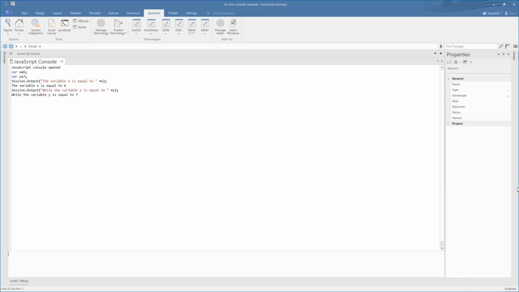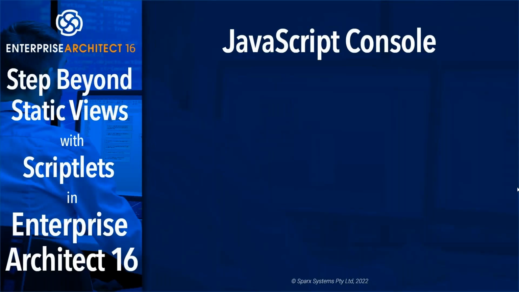So you can see we've got session.output while the variable y is equal to y, and that simply outputs to session.output, which displays in the console. If we're running this in a scriptlet, that would appear in the session output window, and I'll show you how to access the session window later.